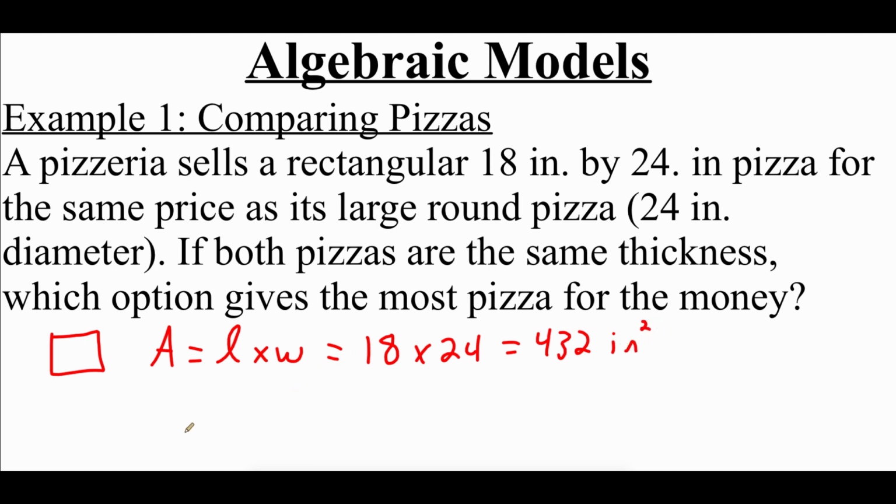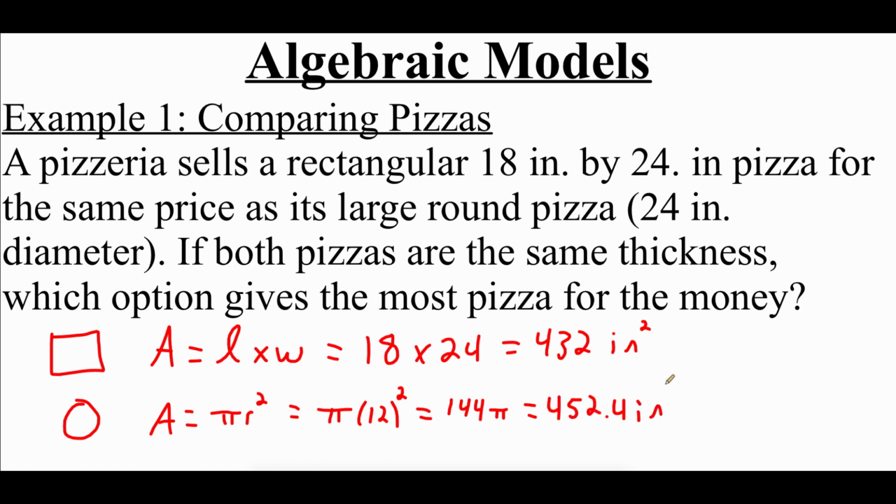Now, if we look at our circular pizza, the area formula for a circle is pi r squared. We were told that the diameter is 24 inches. Remember, radius is half of the diameter, so the radius of our pizza is going to be 12 inches. We're going to have to take 12 and square it in this formula. 12 squared is 144, so we've got 144 times pi, which if we multiply that out on our calculator,